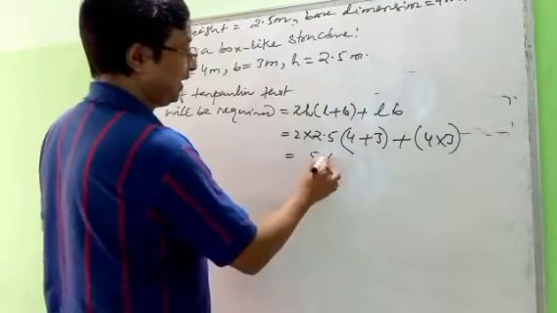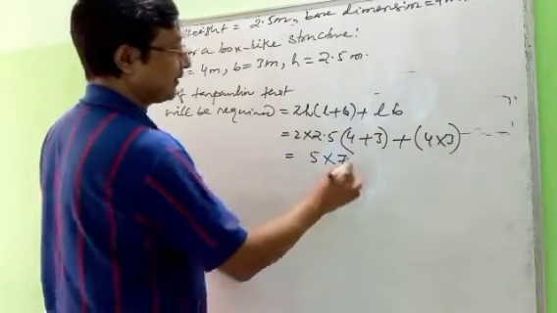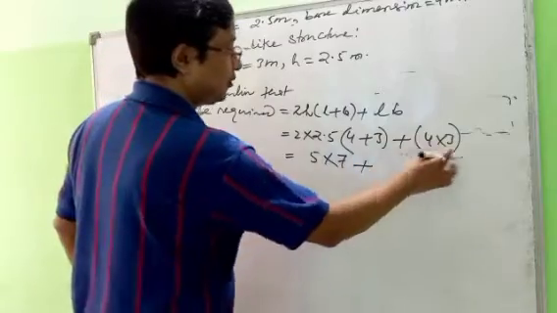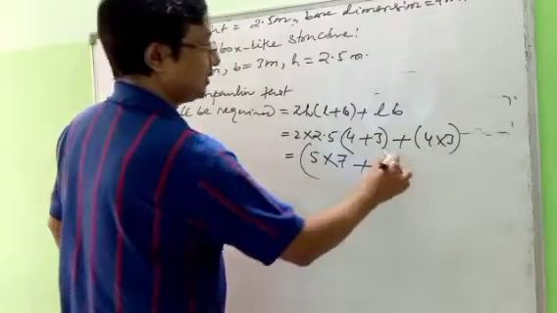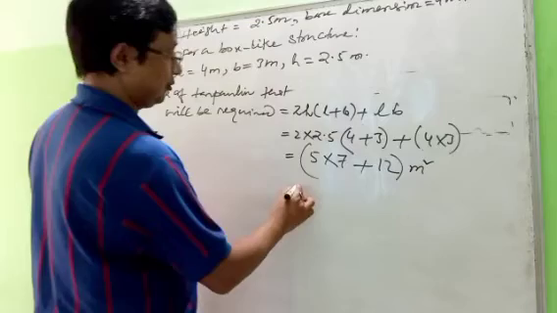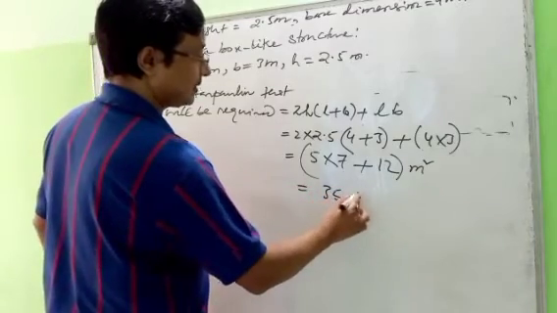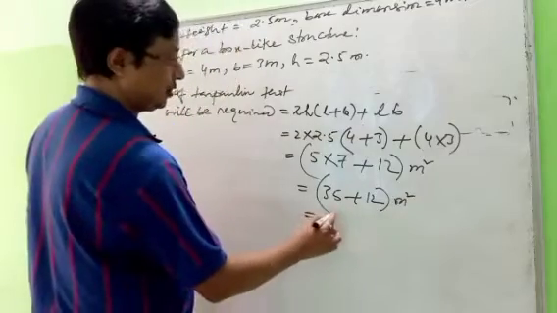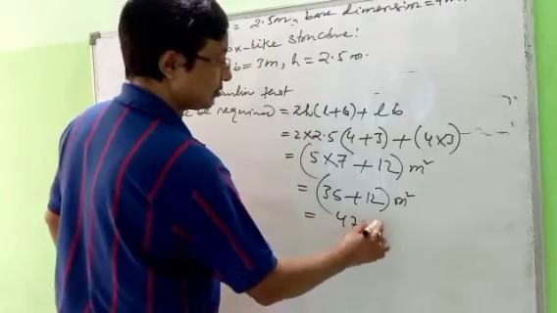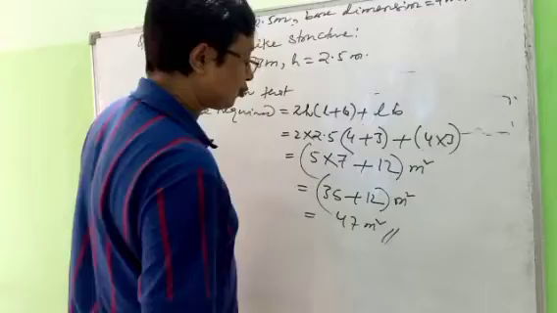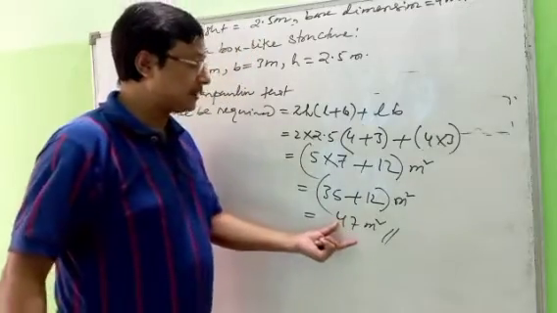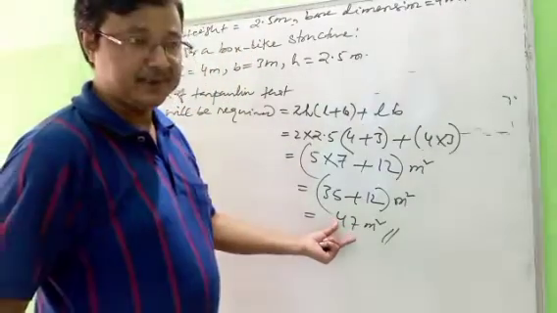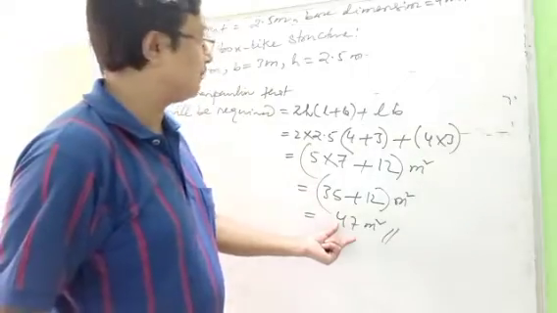So 5 into 4 plus 3, that is 7, plus 4 into 3, that is 12. So it is meter square equals to 35 plus 12. So you have got 47 meter square. That means 47 square meter will be the total area of tarpaulin required to make this